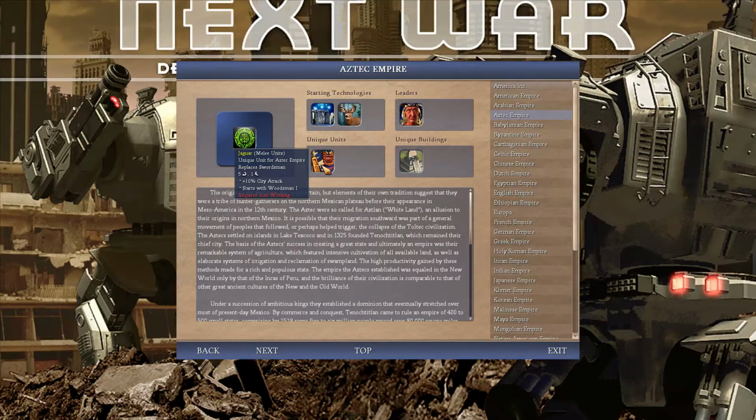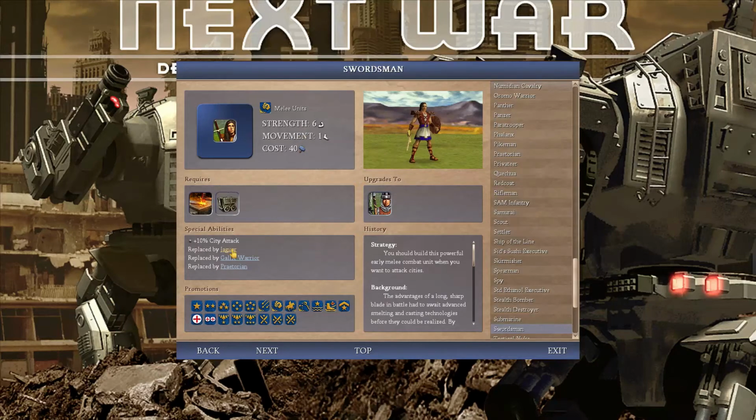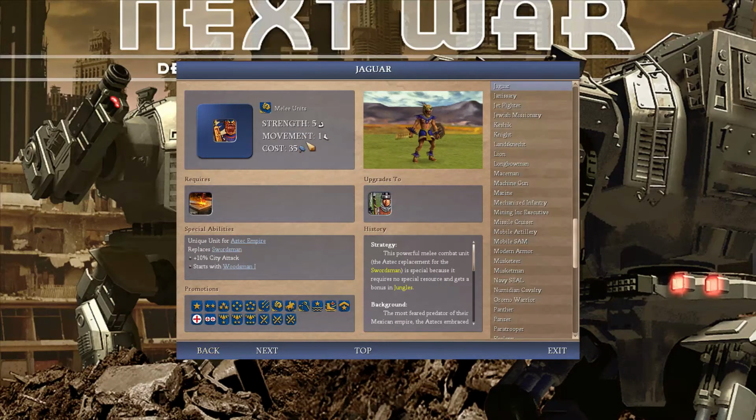Aztec, Jaguar. I will just say the Jaguar sucks. It replaces a swordsman. It's a little less expensive. You know, thank God, because I definitely wouldn't want to be paying a lot for this. Still get your +10 city attack, which woohoo. But that's not going to be going very far with a strength of 5, and you're going to be weak